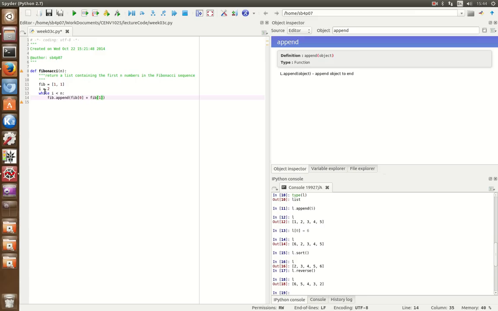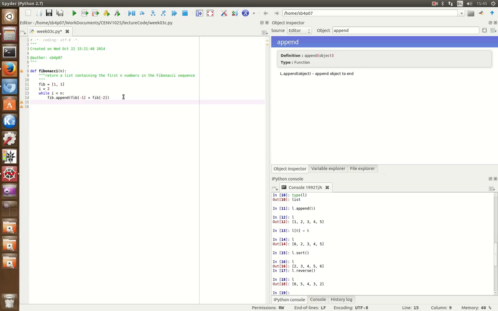We always want to call the last two elements in the list, and there's a few ways of going about this, but Python has a particularly nice way of doing it, which is to address -1, and -1 points to the last element in the list, and similarly -2 points to the penultimate element in the list. So this will always call the last element in fib and the second to last element in fib, add them together, and then increase the length of fib by 1. Okay,